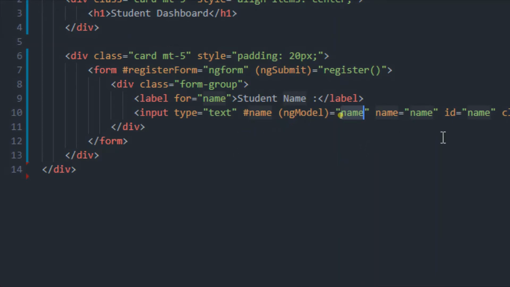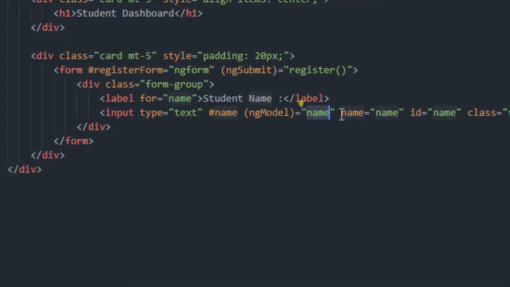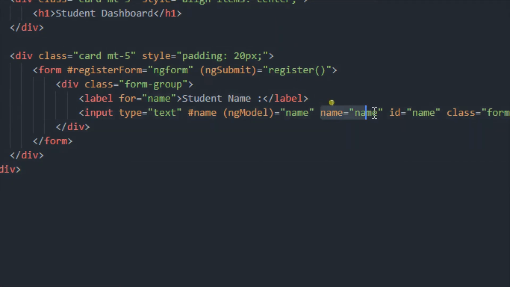Now it might be confusing, because we are taking this name here and also taking name over here. Let me explain what those are. These name and id are properties of HTML, and these hash name and ng model are properties of Angular.